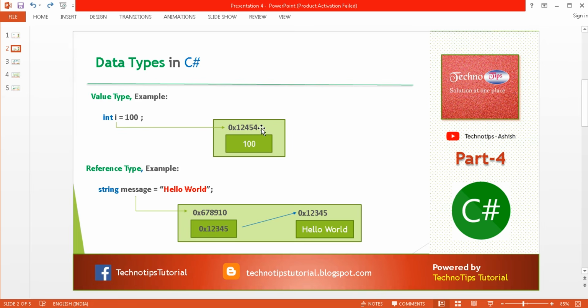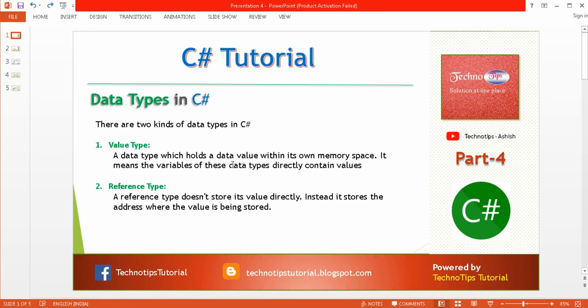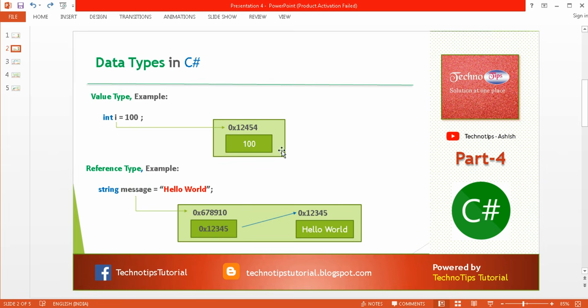You can see the address of that memory location, and here you can see the actual value, which is 100, is stored into the allocated memory of the I variable. Okay, it means this is a value type data type and it stores the value directly into its own memory, and that is what is written here. A data type which holds a data value within its own memory space directly holds the value in its own memory.